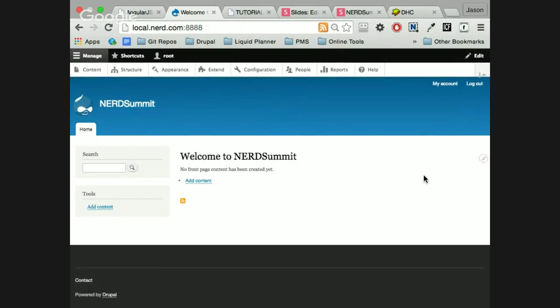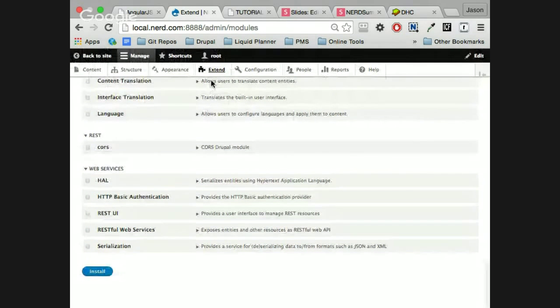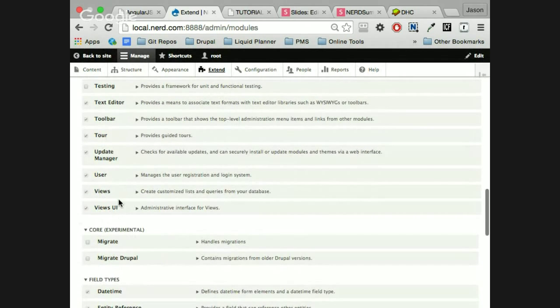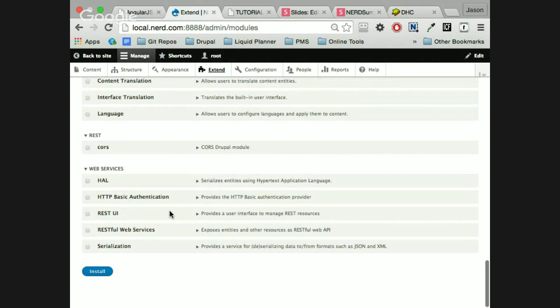Maybe better. Yeah. So that's Drupal 8, people, in case we don't know it. As I said, we have Views already in core, and it's installed by default, but the other ones I mentioned are not installed by default.